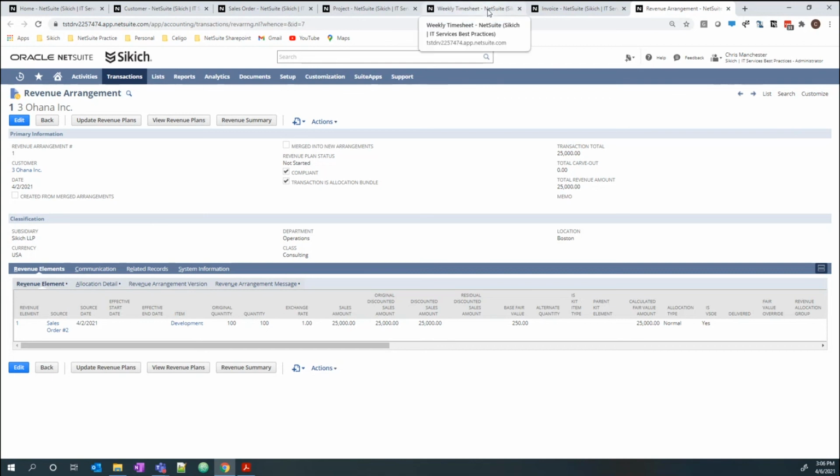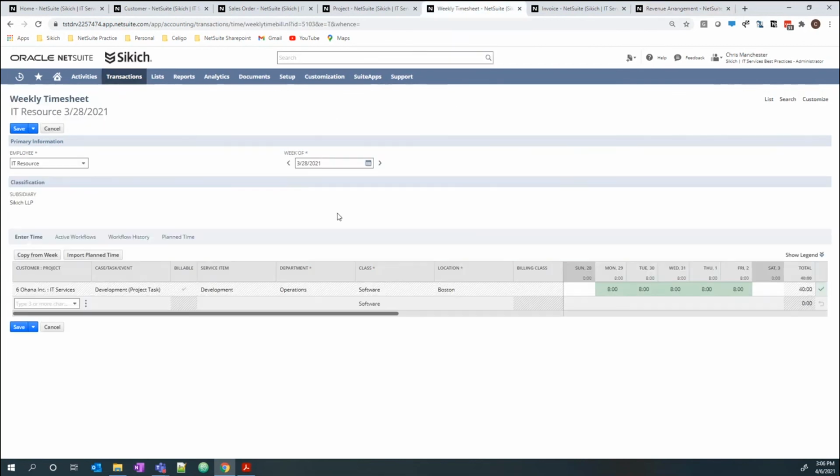And then the last thing we'll take a look at is, from an end user perspective, what do I actually have to enter? Now, what we're seeing here is that we have a weekly time card. And again, our resource just has to identify what projects they're working on, what task within that project, and we can filter this task list based on just the projects and tasks that they've been assigned to, so they're not seeing a laundry list of projects, whether or not that time is billable, and we can have different rules for that as well to make sure that maybe we don't want the individual to choose if this is a billable or non-billable item,